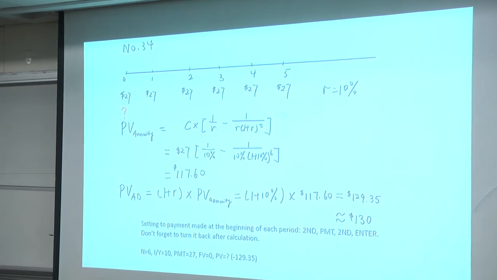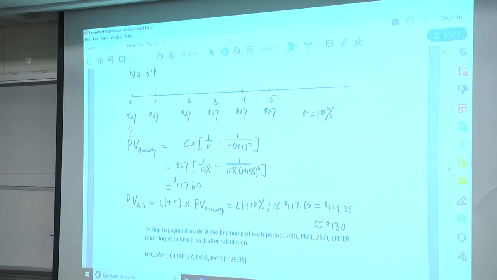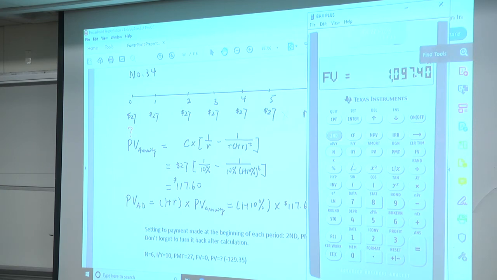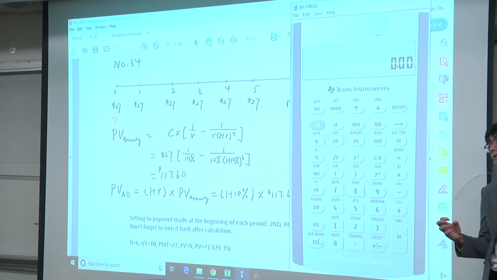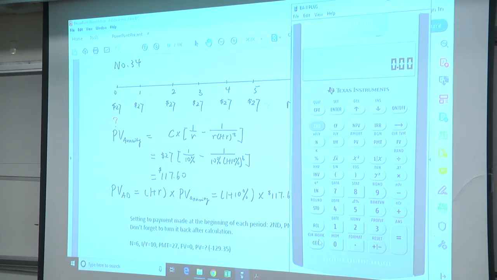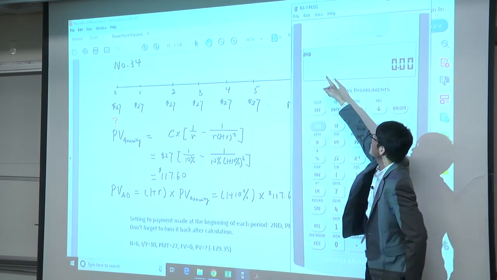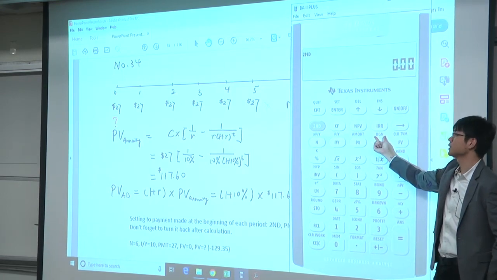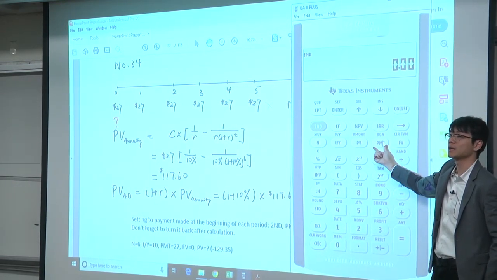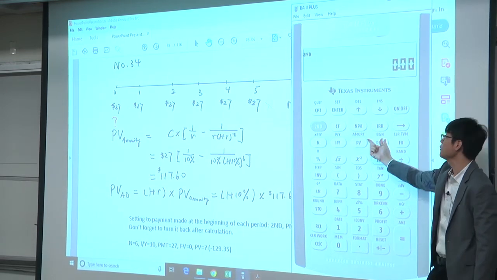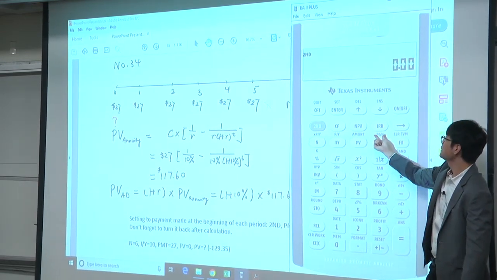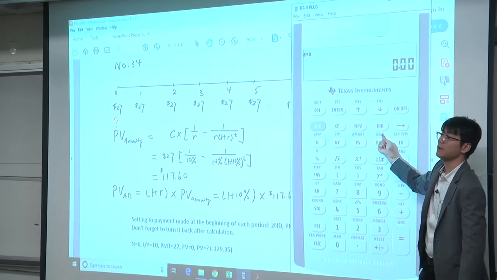So how do we do that on the calculator? On the calculator, we still use the 5 key. But here, there's a little trick. The calculator can give you a function calculating beginning instead of end payments. But you have to set it up. So you press the second and press this payment. But remember, when you press the second, it will activate the function above the key, not the key itself. This key stands for payment, right? But if you press second and this payment, it gives you this little begin function, okay?